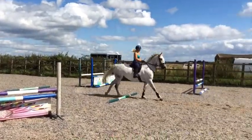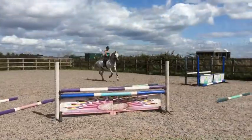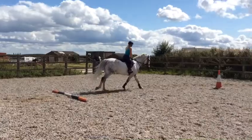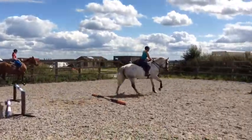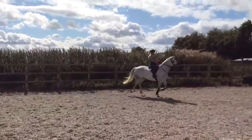I know we've had our ups and downs with this horse over the last few weeks, but it is improving. If you notice, as it cantered down those 2 poles then and popped over the vertical, that was lovely and controlled, and as you canter around the cone, you're in full control. So if you can do the control and the positioning at this speed, all we now need to do is